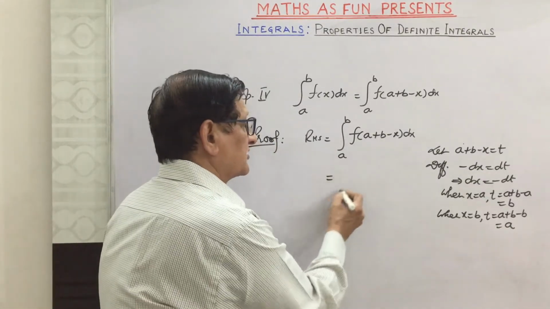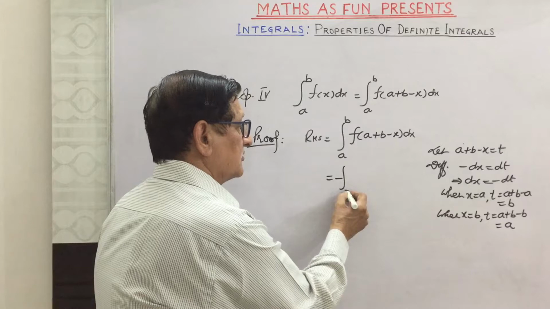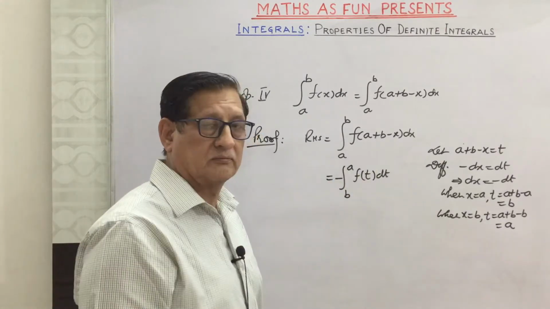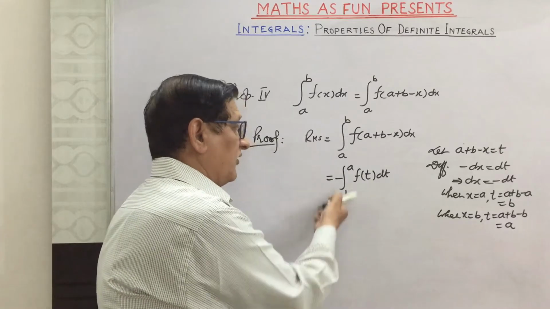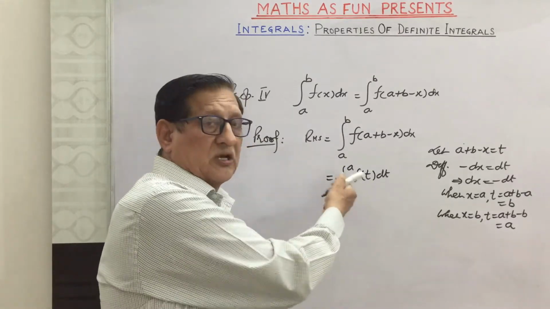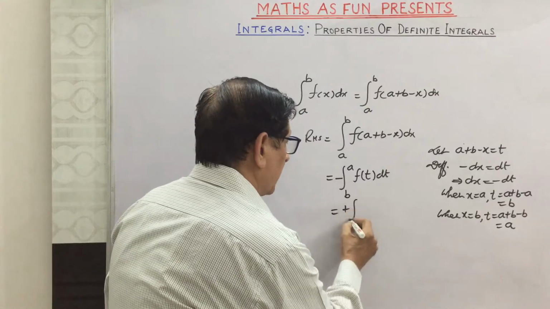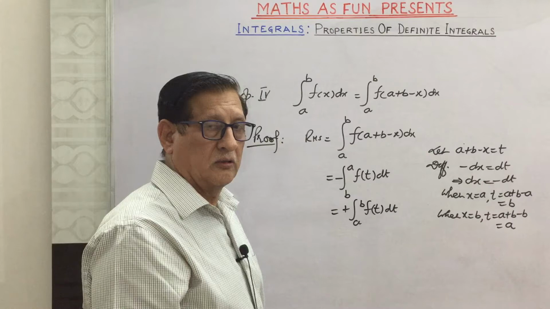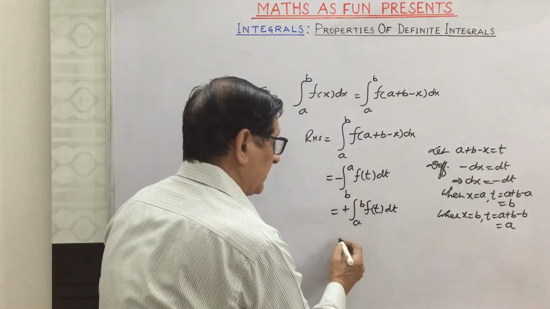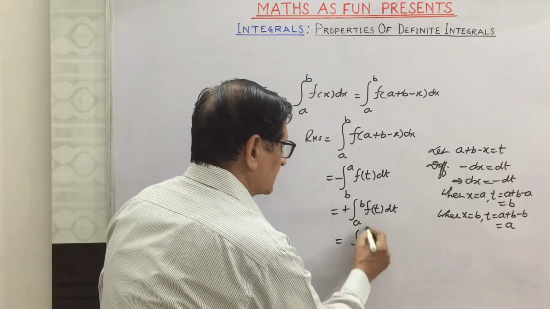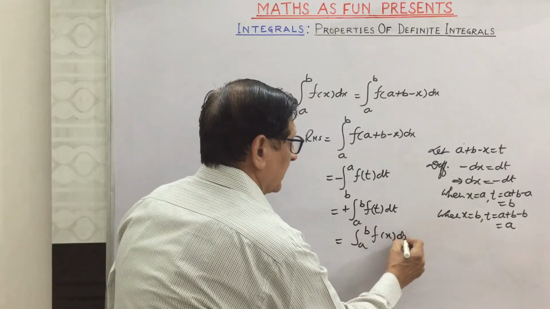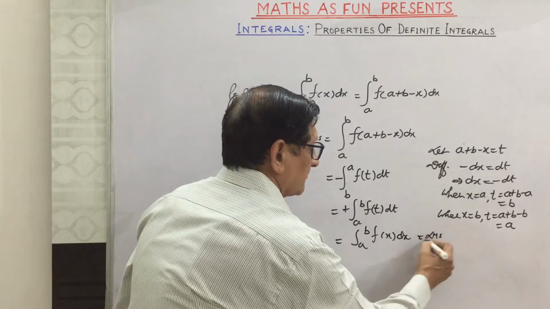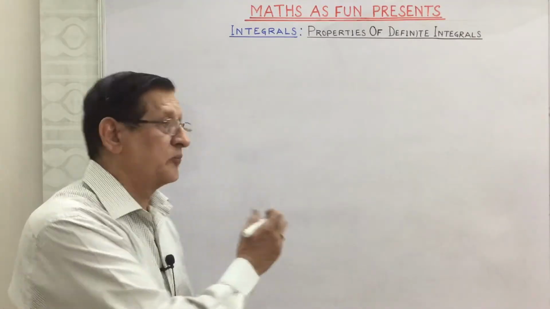It means this will be minus b to a f of t dt. And we know if we interchange the limits, the sign will change. So this will become plus a to b f t dt. Now if we use the first property here, this can be written as a to b f of x dx, which is the left hand side. The fifth property is